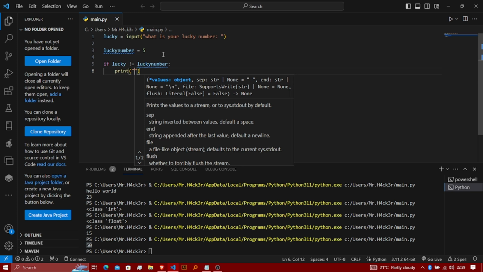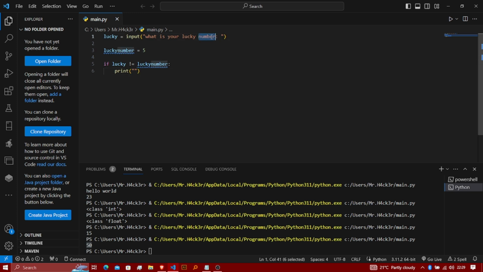If the input from the user is not equal to this value 5, we are going to print this. Okay, we shall print the numbers don't match. Okay, else